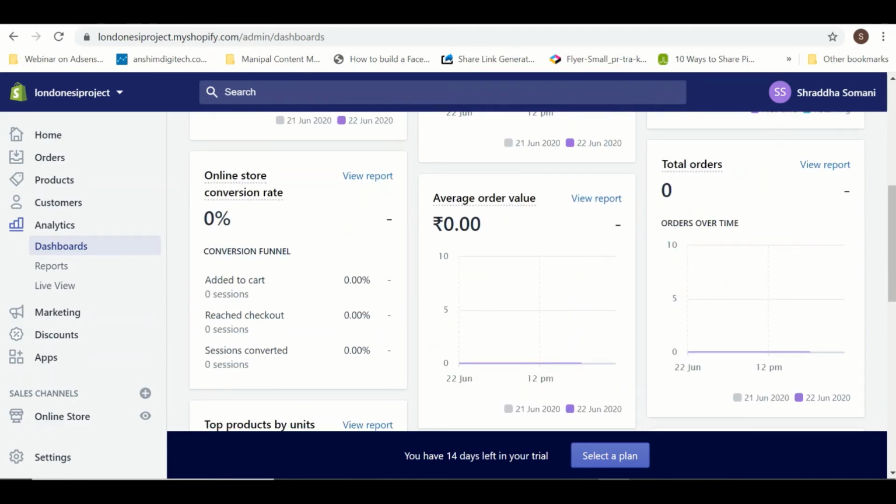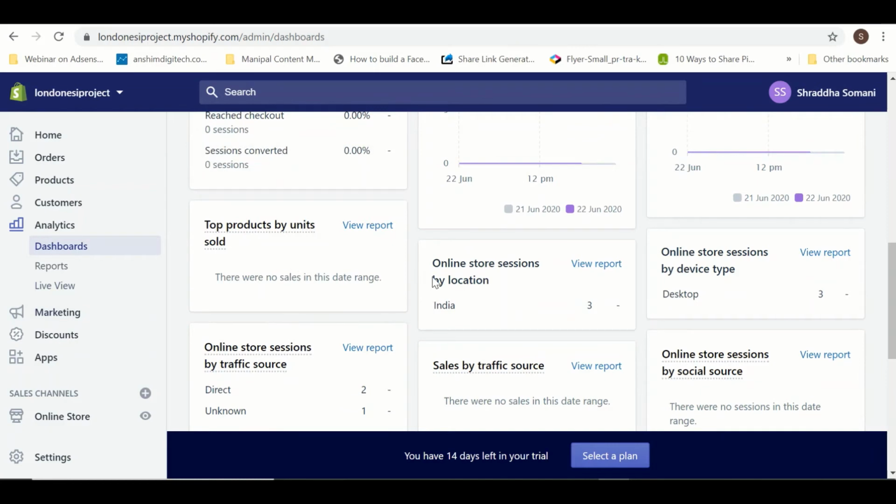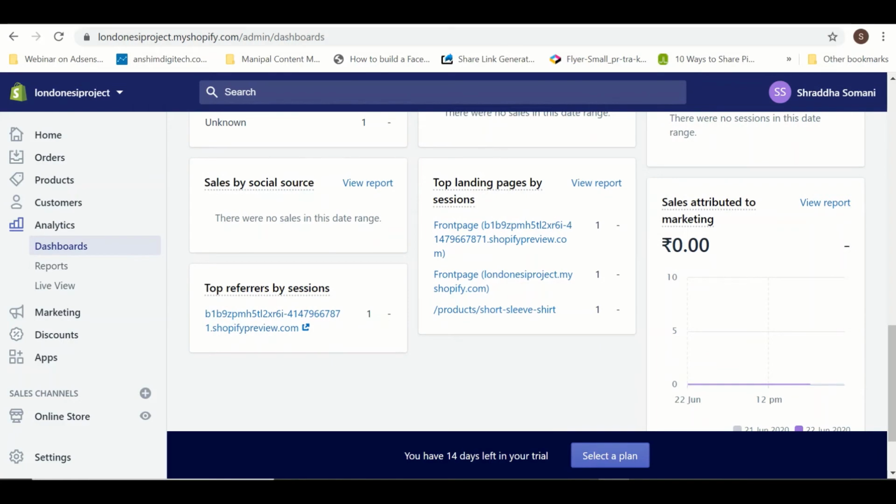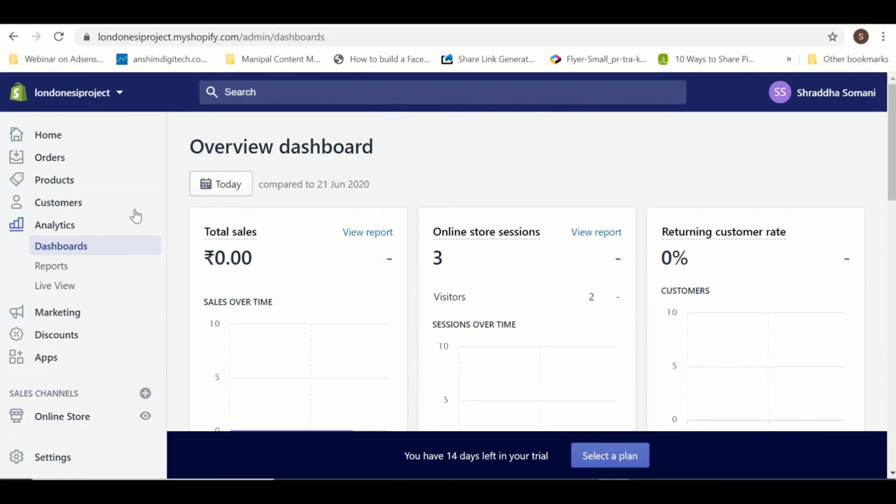I can get a conversion rate, in the sense of people who have added a product to my cart but have not purchased it. So that is known as a conversion rate. That means how many people have added a product to the cart, how many people have reached the checkout, meaning they filled up the billing details but have not checked out, and how many finally have done the payment. Product-wise I can see the traffic, how many people are coming to my site. So these are the deep insights that you can get with Shopify analytics. You can get the reports.